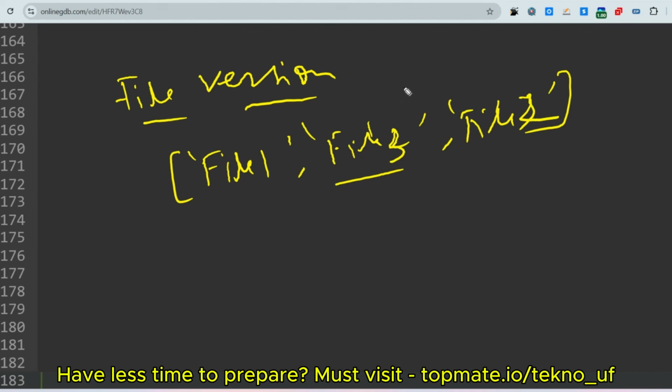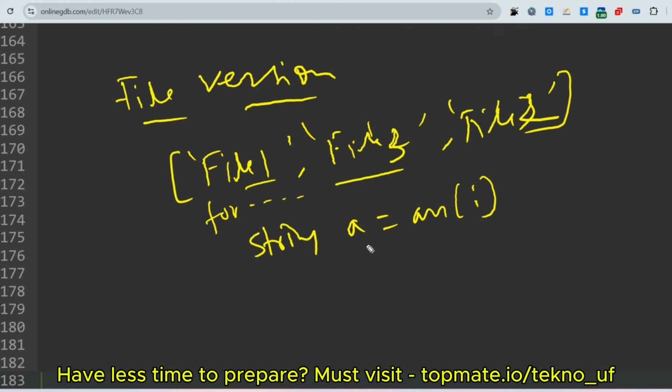So how will you do that? You have to store, let's say, string a. At first you go through all the elements of the array using a for loop. In each iteration you get the current element. Let's say string a is equal to array i, that is, at first the first element. It's stored here, and you can grab the last element using various functions.